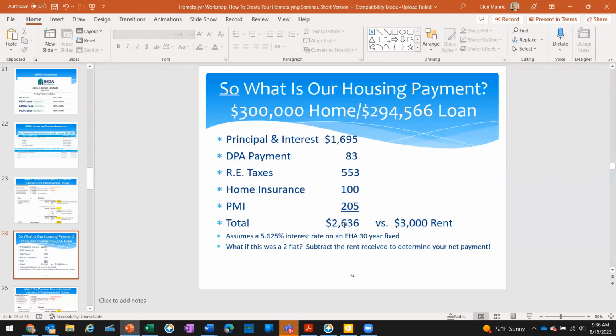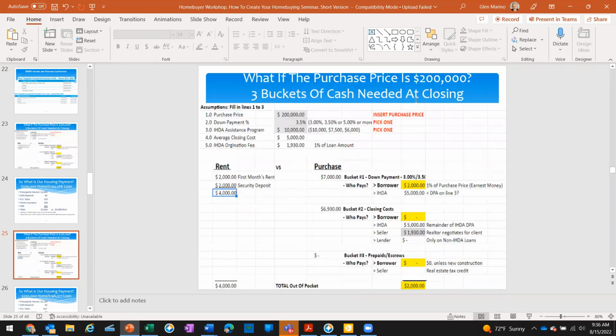This becomes very attractive now. I have many a client who said, you know what, I want to look at a 2 unit. I want my payment to be in the $1,600 range, not in the $2,600 range. So again, keep this in the back of your mind that it's not just for single family. This is available for 2 units. And here I'm just showing a smaller purchase price of $200,000. Again, on $200,000 with an FHA 3.5% down, using $10,000 as the down payment assistance, needing $83 a month to be repaid. The rent on a smaller house would be about $2,000 a month with a security deposit of $2,000. They'd need to come up with about $4,000.